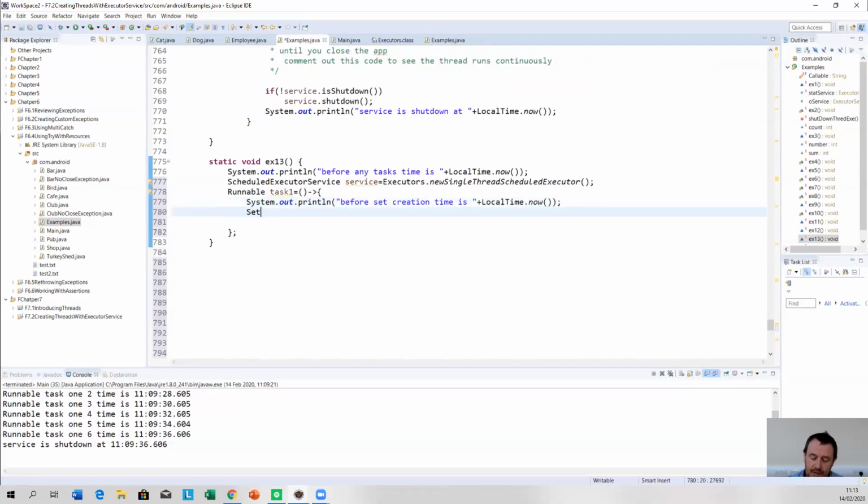I'm going to create a set of doubles. I'm going to call it doSet, is equal to Stream.generate, and we're going to supply